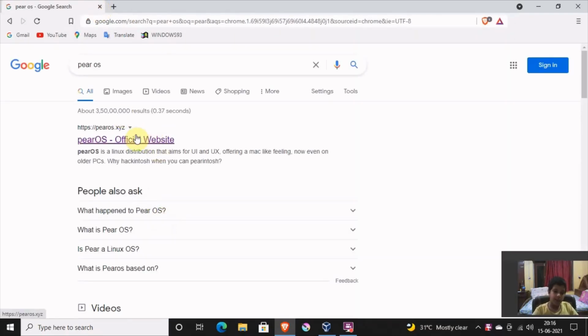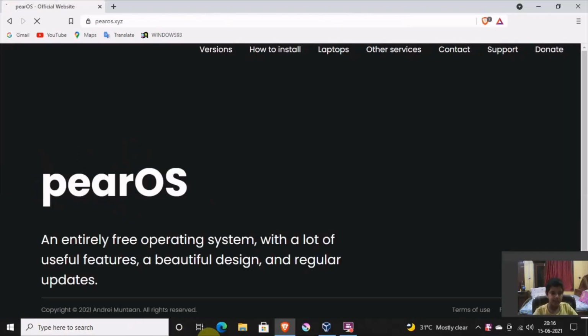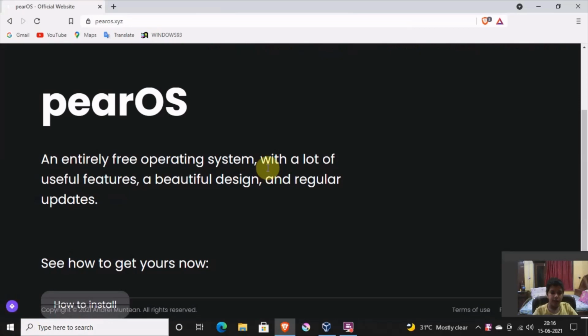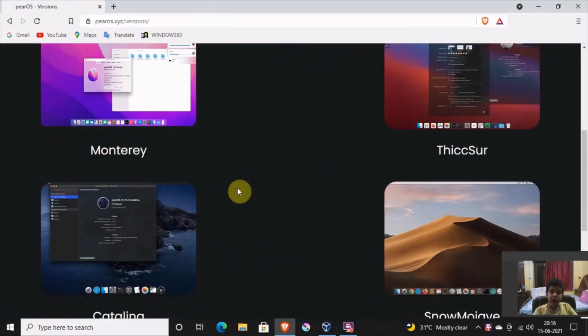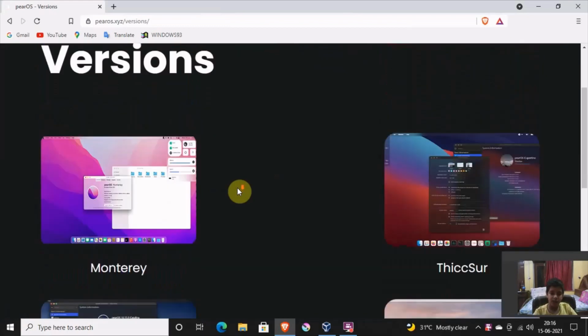Here click on the Pear OS official website. I will again also provide the link in the description, and its link is very simple, only pearos.xyz. Now here if you want to download Pear OS, click on the versions, and in here you will see all the versions.